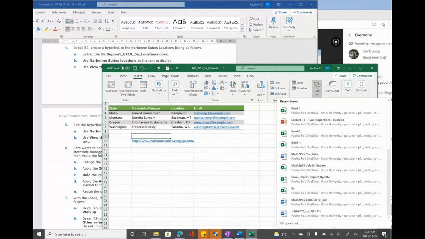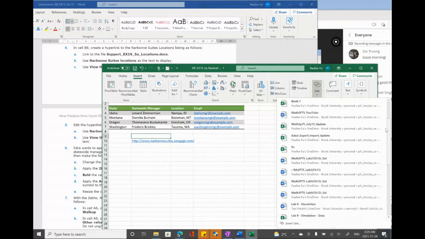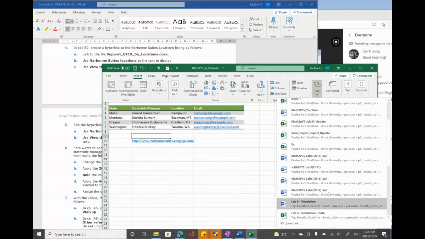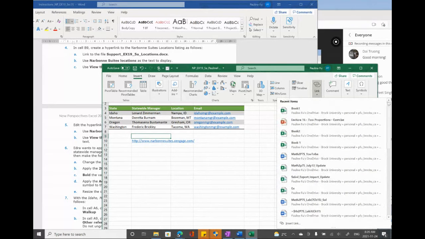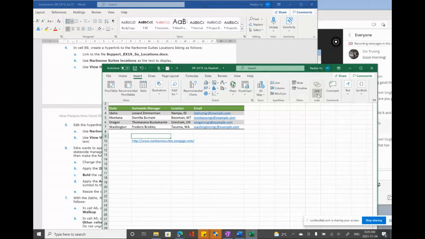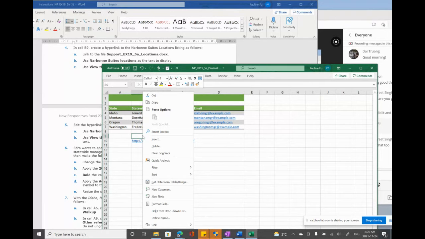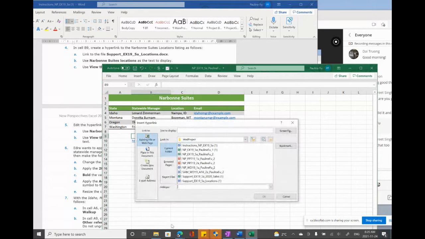This is recent item. How do I insert a link? Maybe I will right click my mouse, link. Now I can choose existing file. So this is Wednesday project. Yeah, the link file is support